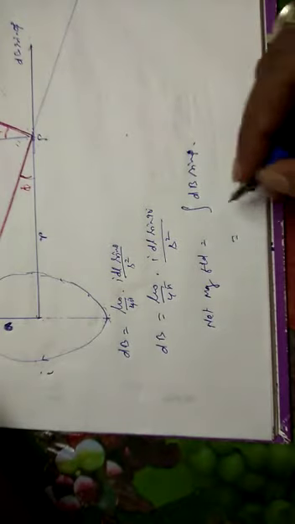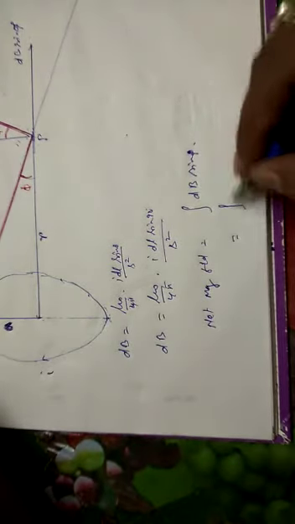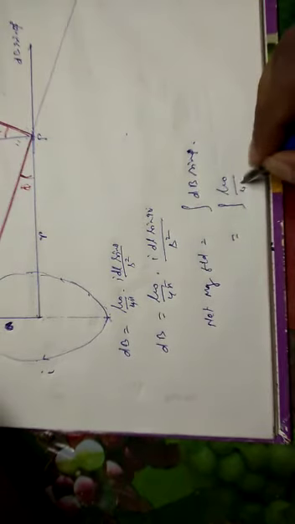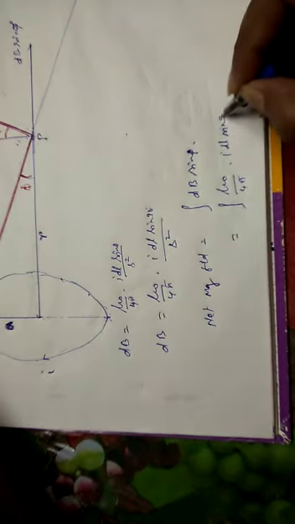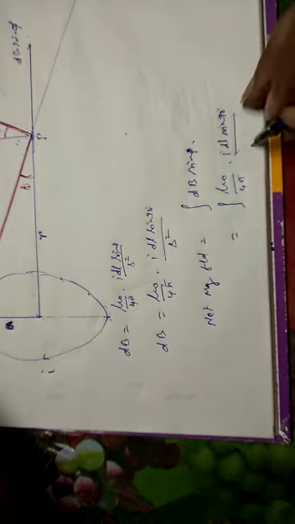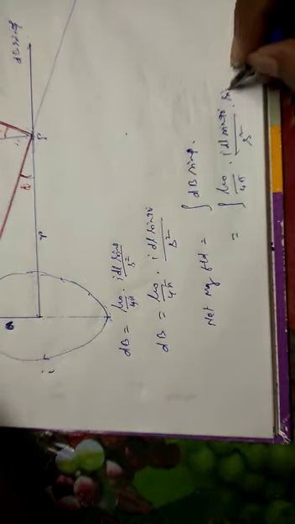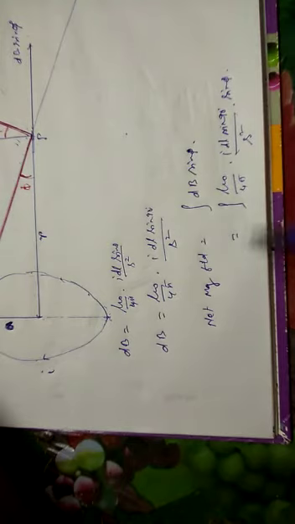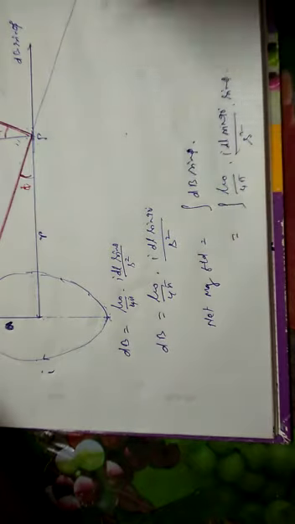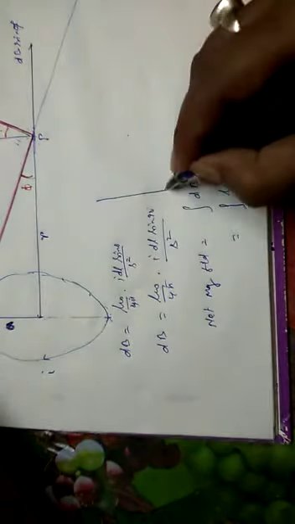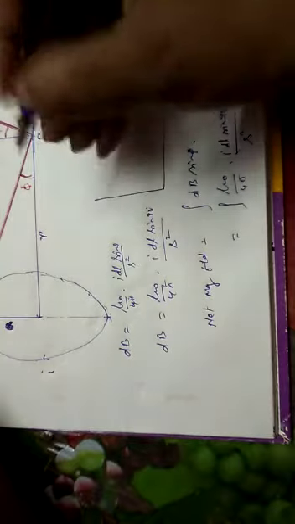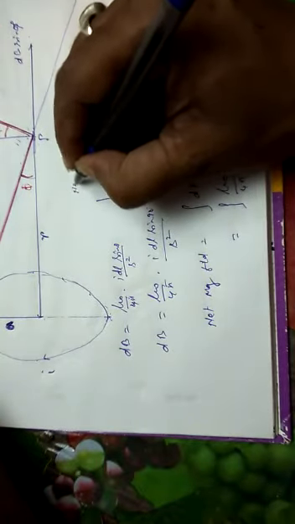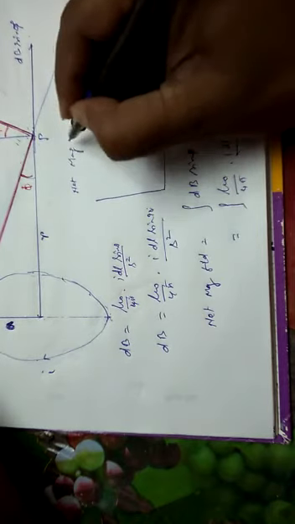And we can write for dB: mu naught by 4 pi, I del L sin 90 degree by S square into sin phi. So here except del L all are constant. So I can use this space. So your net magnetic field